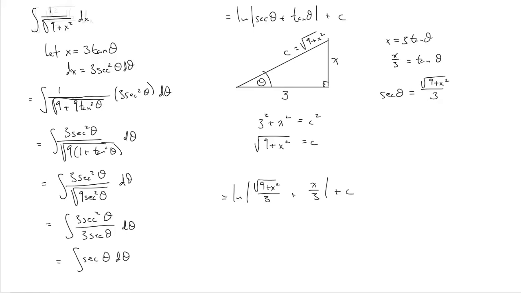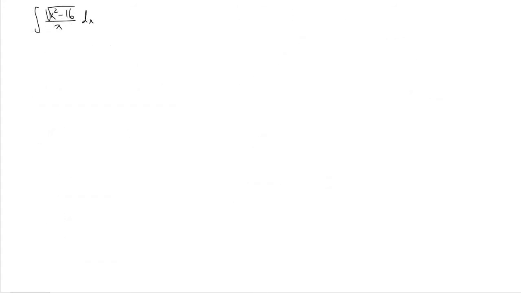Let's move on and do one more. And of course, once again, when I say let's do one more, I mean let's you do one more. And of course, it's of that third form, because you may as well have one of each. This is of the form x squared minus a squared. And I'll start you off. Since we have something of the form x squared minus 4 squared, we start by letting x equal 4 times